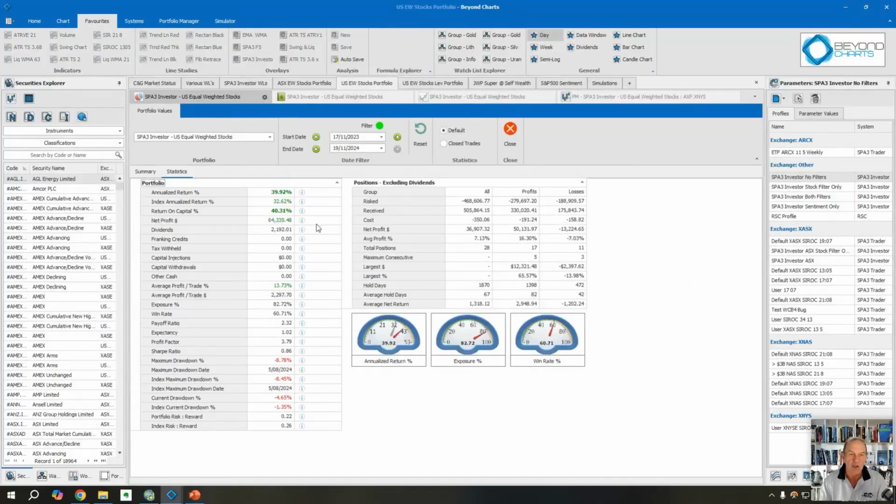Right, let's go to the US. So this is the last 12 months, 2023 to 2024, and we look here at drawdown. Maximum drawdown of the portfolio versus the index is about the same, 0.3% more in the portfolio, and we're running at a portfolio risk reward of 0.22. That is excellent. Anything less than 1 is good, but so is the index, being excellent at 0.26. And the annual growth over 1 year is 39.92%, so about 7.3% outperformance of the S&P 500.